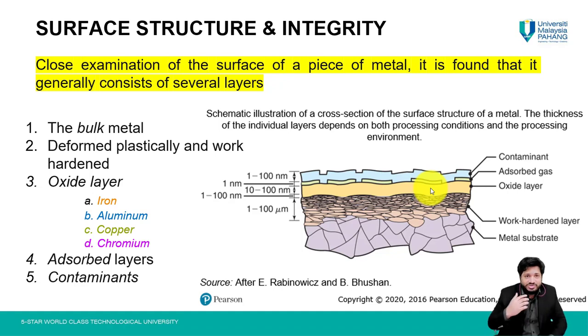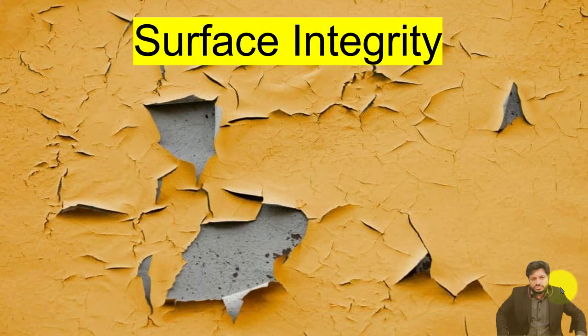And then above that, there could be contaminants formed due to, let's say, metal debris, some kind of fabric which attaches to the metal surface, or some grease or any kind of contaminant that could potentially be available on the topmost part of the surface. So these are the overall generalized parts of the surface: metal substrate, deformed surface layer, then the oxide layer, adsorbed layer, and contaminants layer.